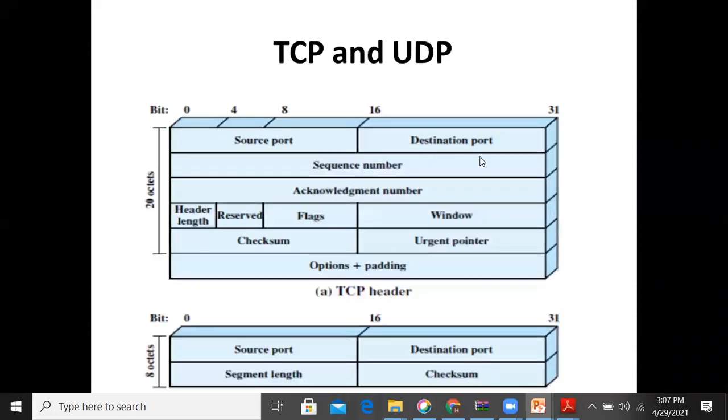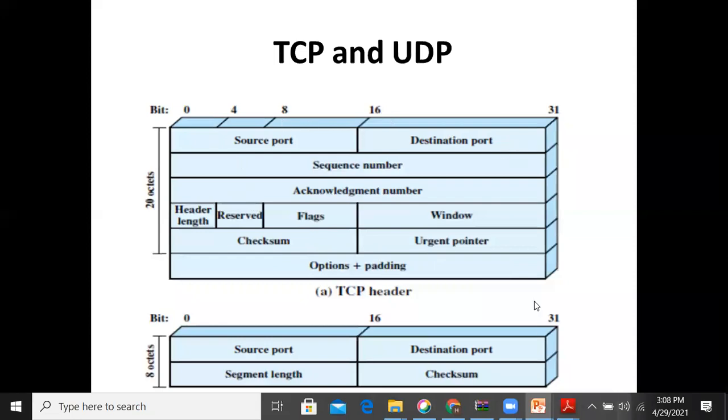Okay, fine. The application is identified using the application port number. So we require the source port number and destination port number, sequence number, and acknowledgement number. The sequence number is to avoid duplicate packets, and the acknowledgement number is to guarantee receiving. Once we have received, the acknowledgement will be given. Then header length, reserved bits, flags. The window is for controlling the flow; sender window and receiver window will be set. All this we discussed in the last class. Checksum is for identifying errors, and the urgent pointer is for any urgent information.